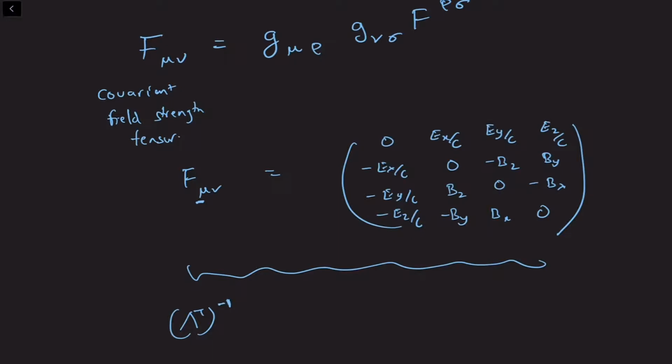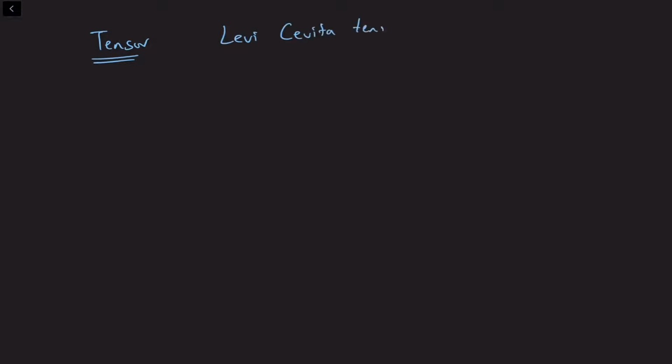It's also useful to note that in 4 dimensions, there is a particular tensor which is useful when we write down Maxwell's equations. This tensor is called the Levi-Civita tensor. Okay, and this tensor is defined like so. It's a rank 4 tensor, and it's defined so that